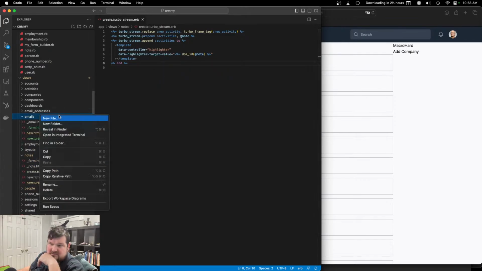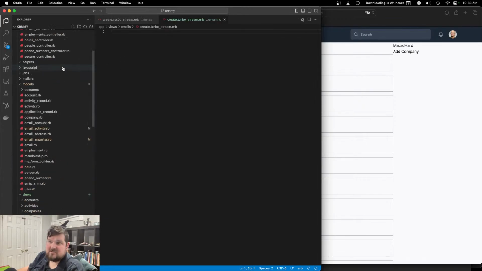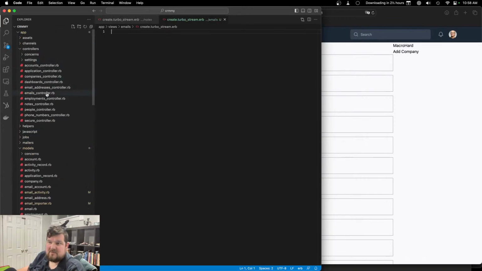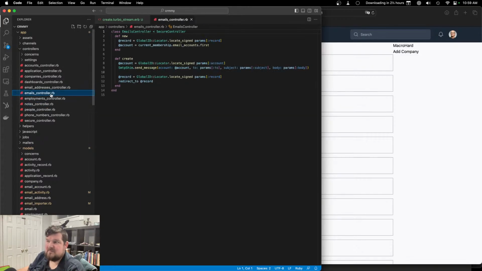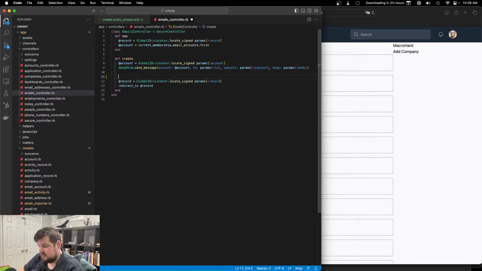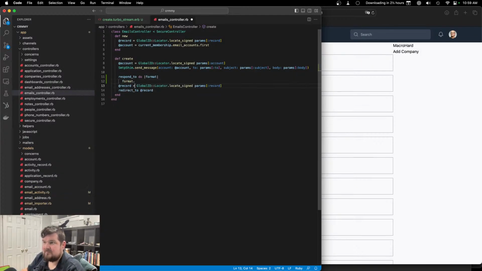So if we go to the emails and we do create.turbostream.erb, we're also going to need to go to the emails controller. When we create, kind of like with notes, we have to respond to the different formats. So in the emails controller, you can do respond to format, format dot, let me get that record up here, format.html